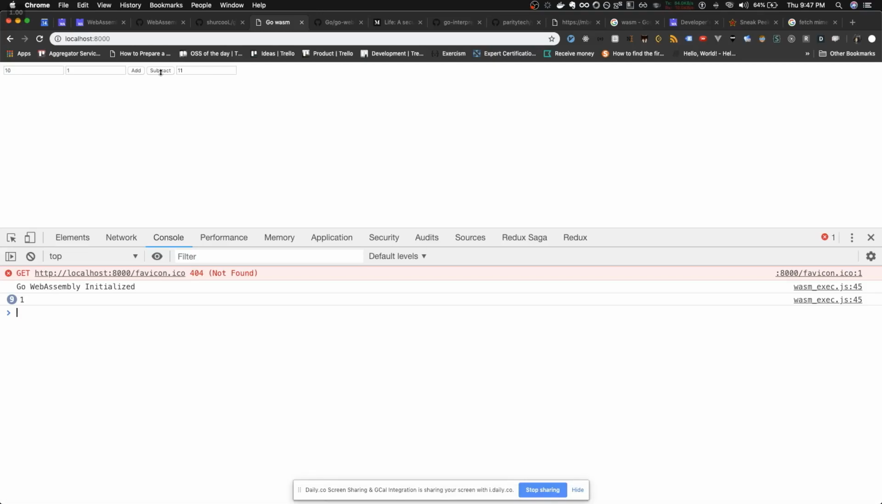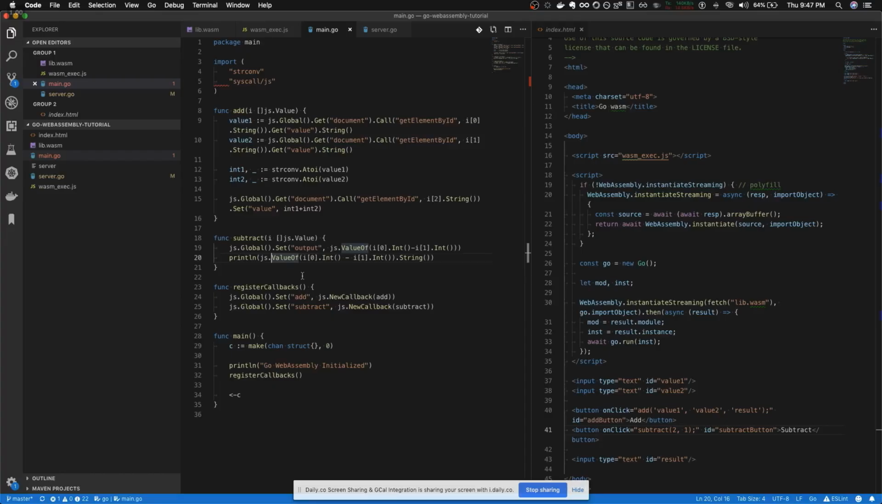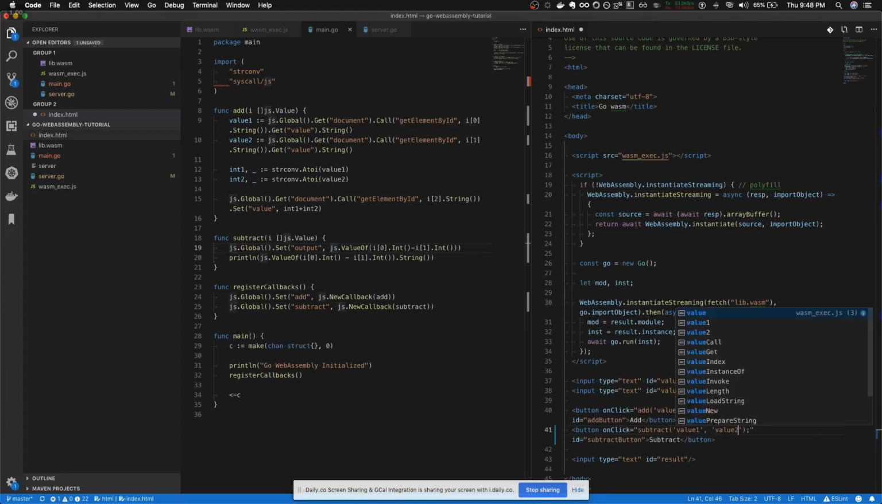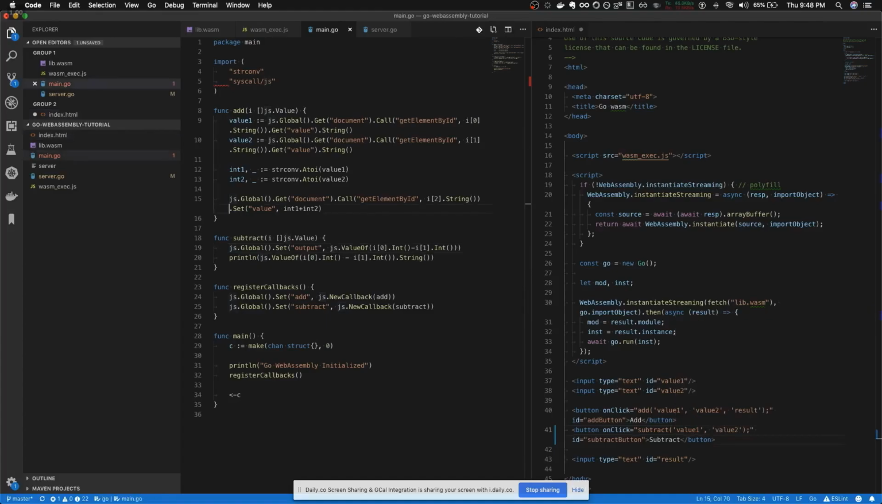So if I click on subtract, you'll see the count going up. That's because subtract is not dynamically fetching from the text field. Yeah, exactly. So what we'll do is we'll modify this in the same way. Value 1 and value 2. This is pretty much a copy paste of the same code which we have here. Let's see if we can actually